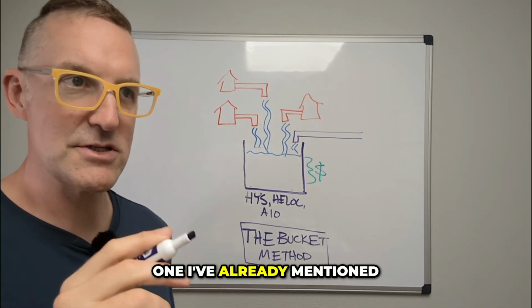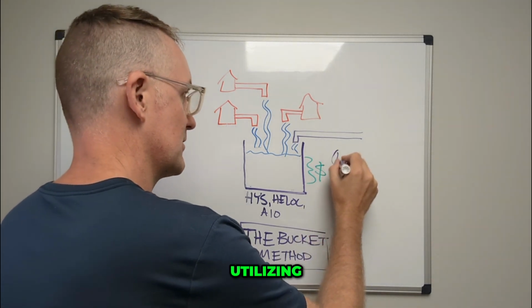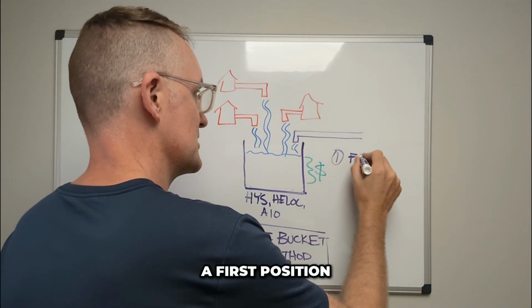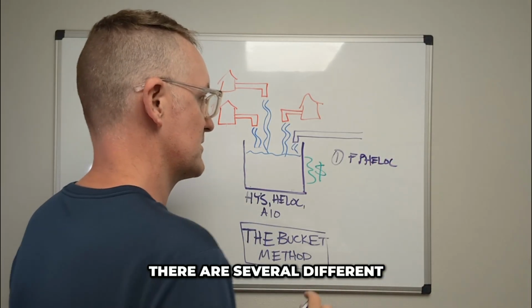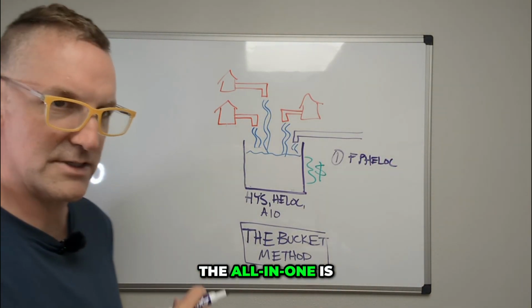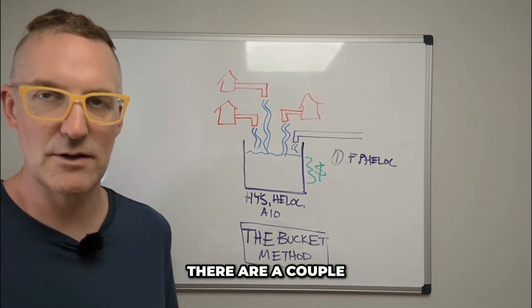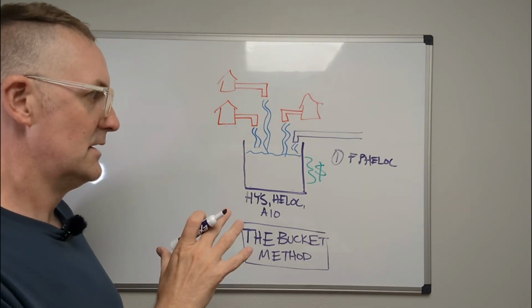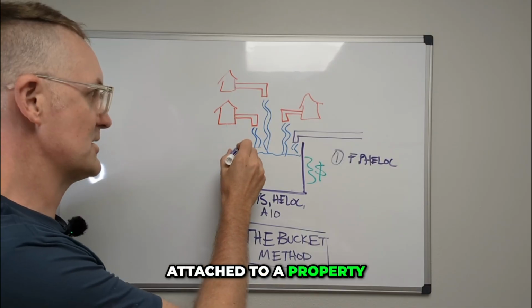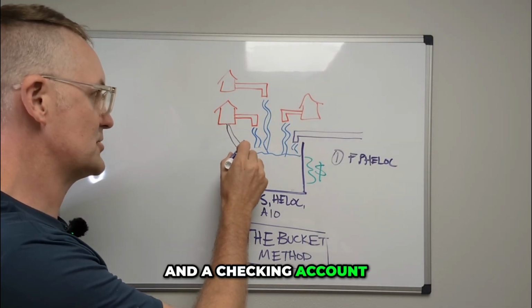One I've already mentioned so far, and that is utilizing a first position HELOC. There are several different forms of these. The all-in-one is a popular one. There are a couple of other ones. And what that is essentially, it is a HELOC that is attached to a property and a checking account so